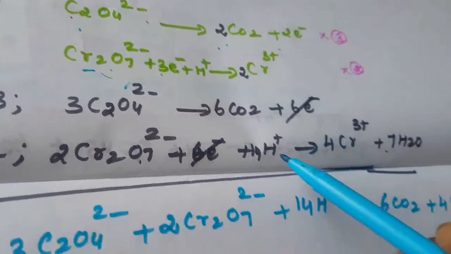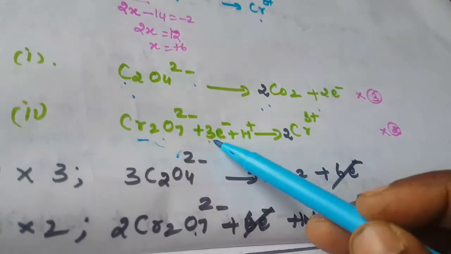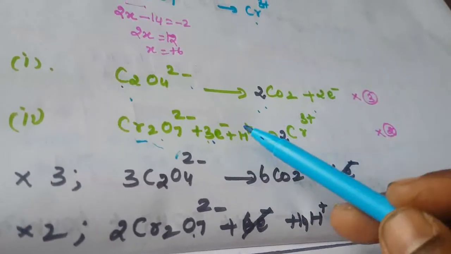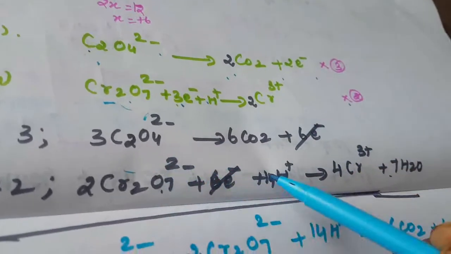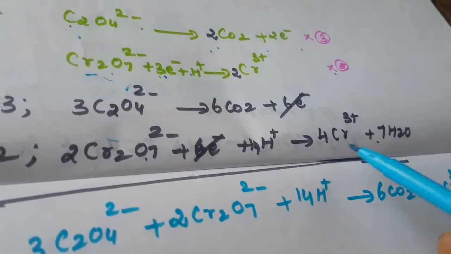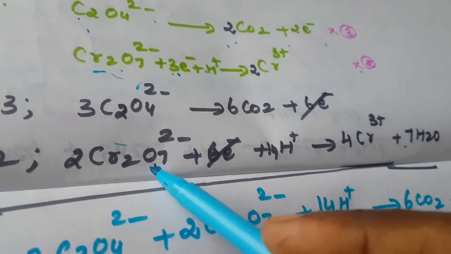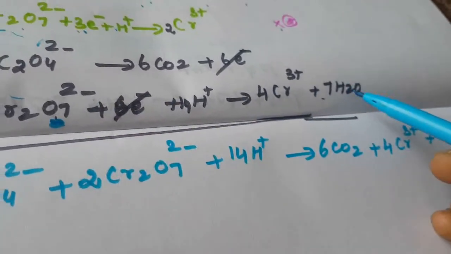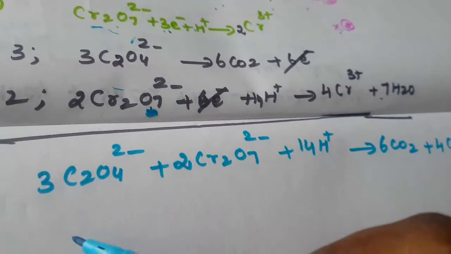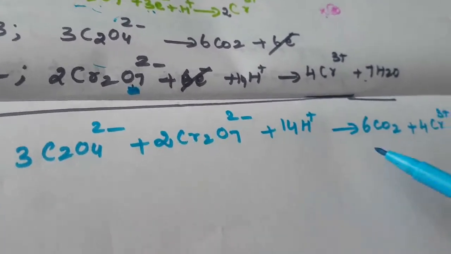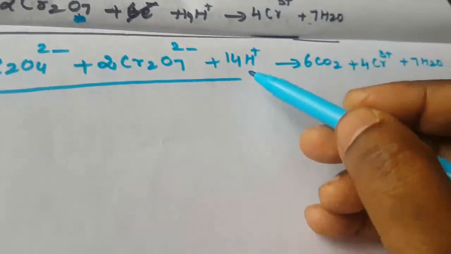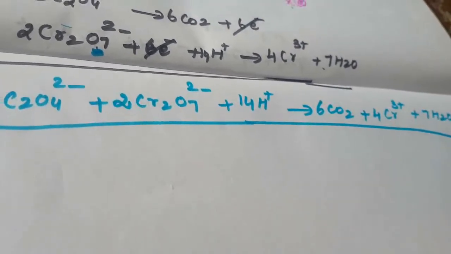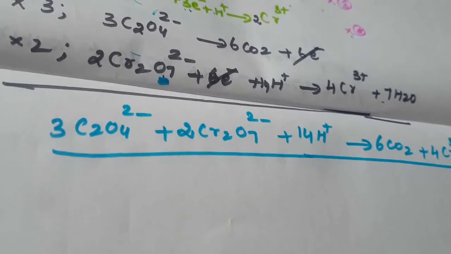Then you are multiplying the equations, balancing the electrons, here 3, here 2. So this equation is multiplied by 3, this equation multiplied by 2. According to that, you are multiplying all the values. Here the 7 oxygen is there, right? So you are writing 7H2O. Just cancelling everything, you can give the answer. Okay, so you are adding that. This is the final answer of that equation.